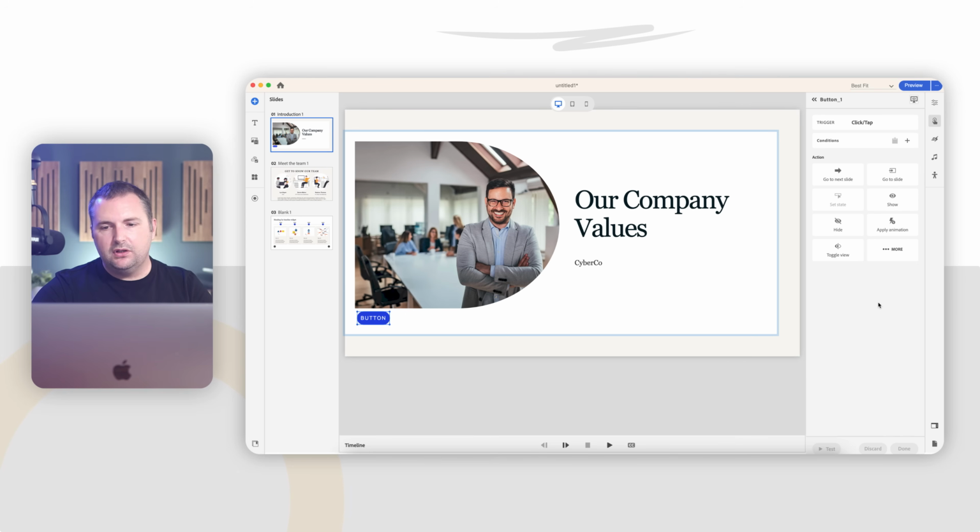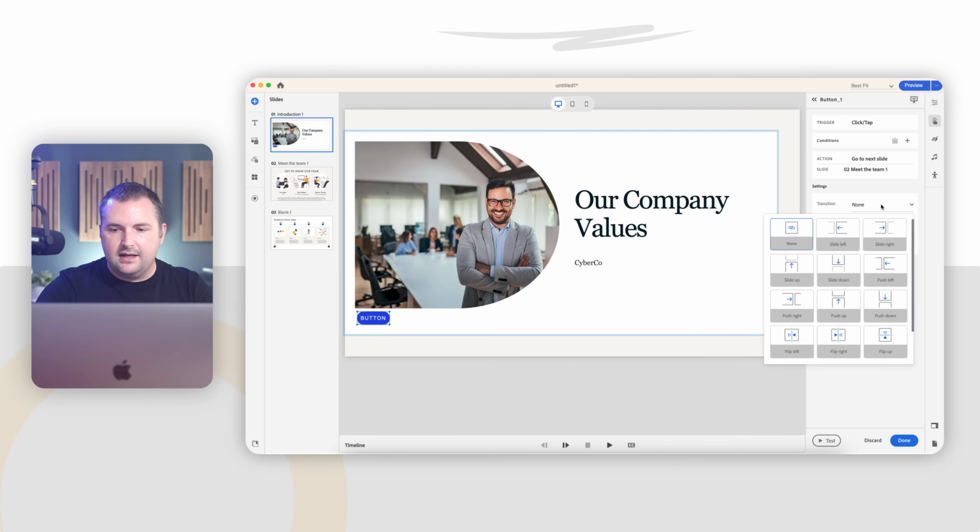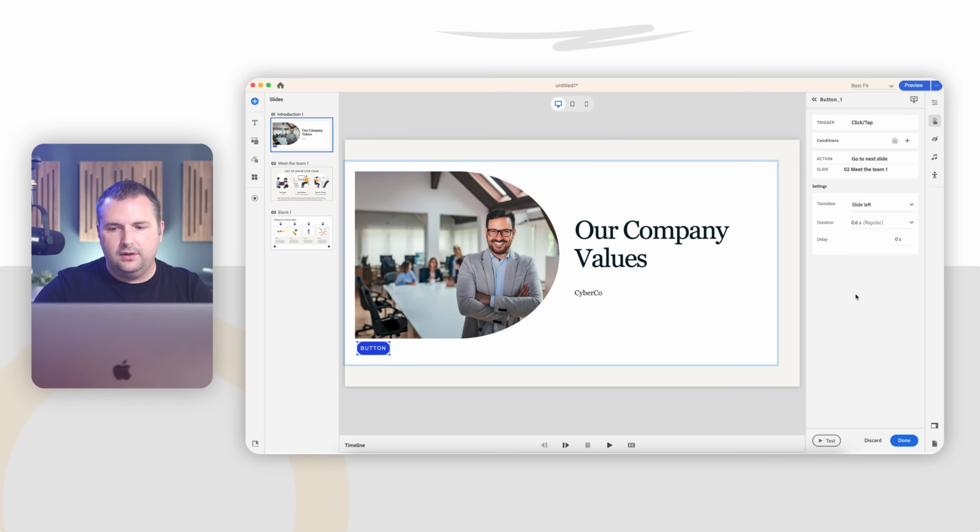And it's similar to creating triggers in Storyline. So let's say I want it to go to the next slide. I can just click go to next slide. That's the action. What slide is it going to go to? Slide 02. And I can add a slide transition. The slide transitions are here in the triggers panel. That's a little odd, so I can maybe make it slide left. It'll preview it, and I can click done, and I've created a trigger,